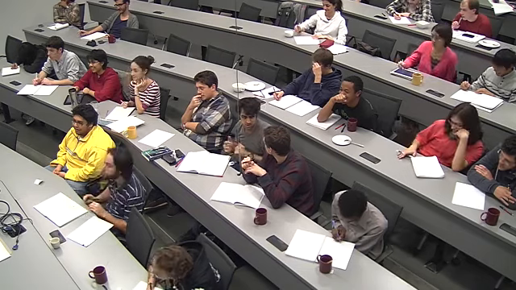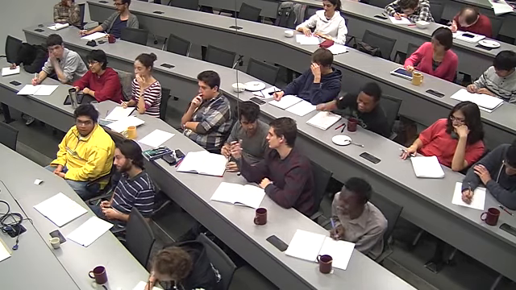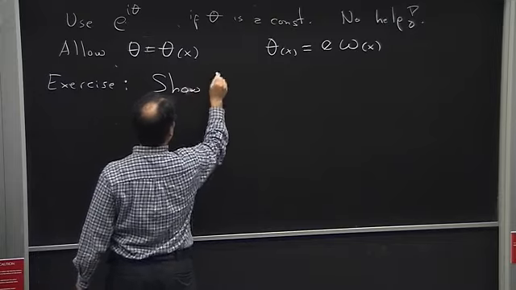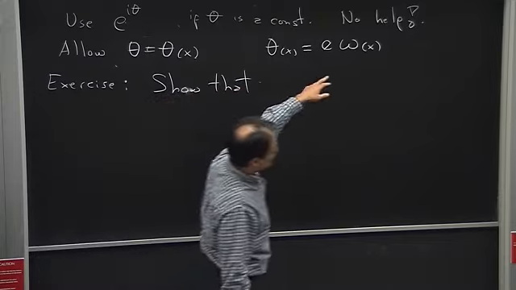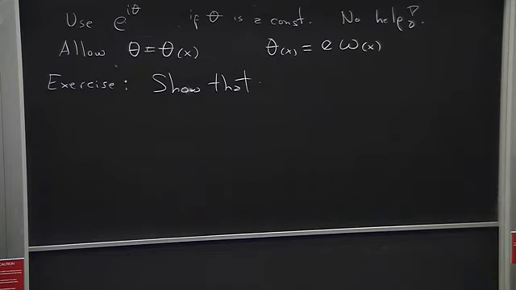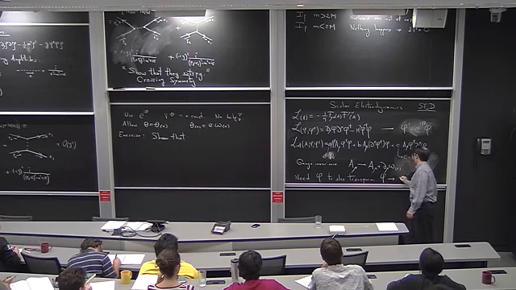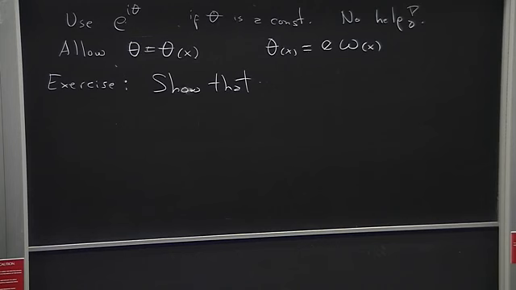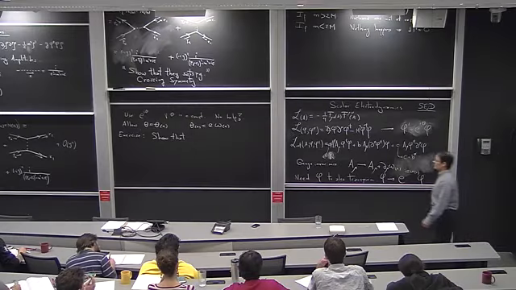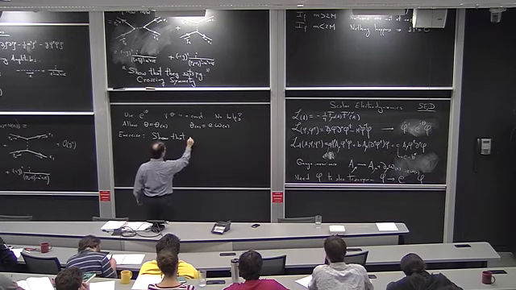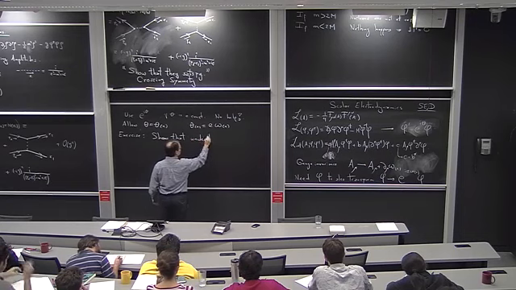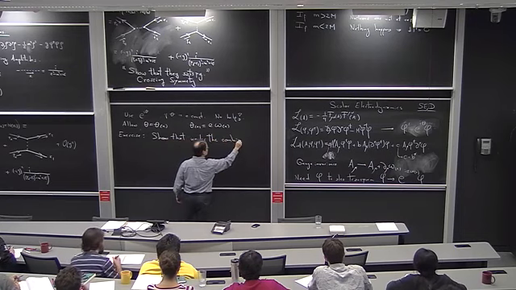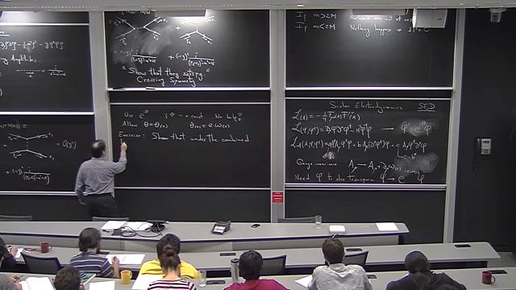So, exercise. Show that under this assumption, if at the same time that you do this, you send phi to e to the i e w of x, phi, then the combined transformation